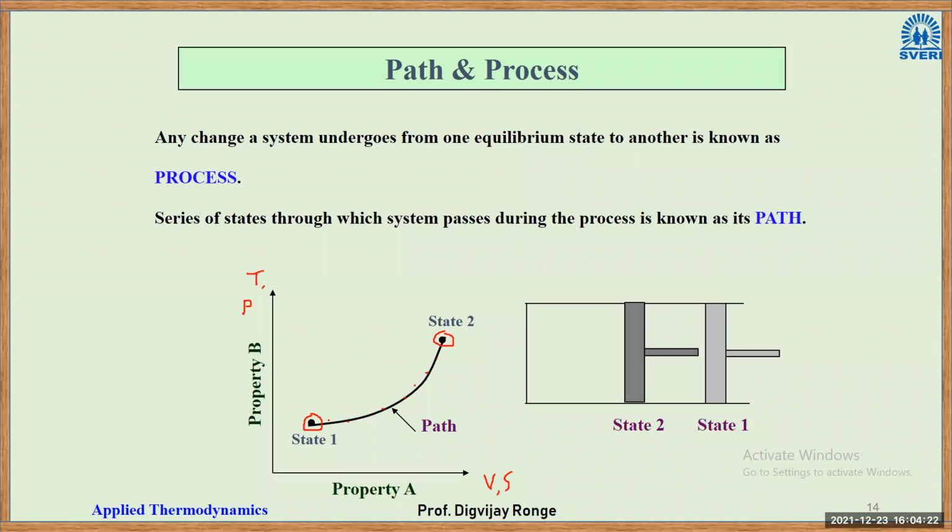Right. So this is another example given of a cylinder and piston. Initially, the piston was here, let us say at the bottom dead center. Initially, and then it starts moving. It starts compressing the air inside the cylinder. It reaches state 2. So initially this was 1, now this is 2. So compression takes place. If I am able to measure all the values along this line, I can also plot this graph.